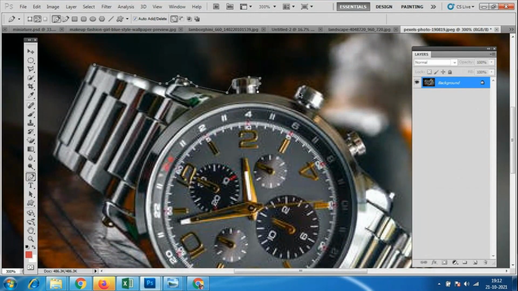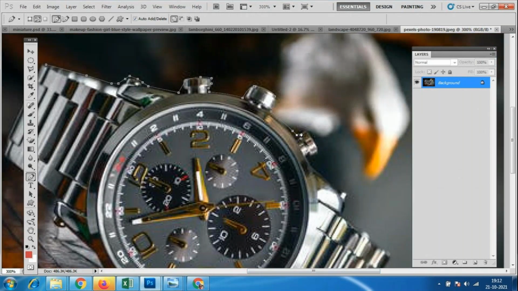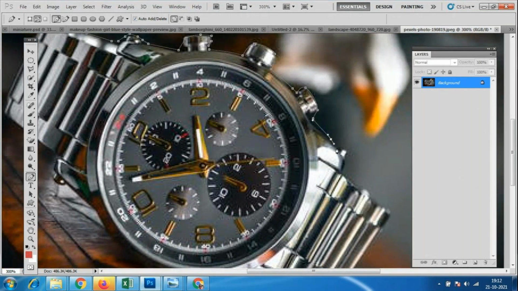Because if one part is missing, nobody will buy those products. So look at these small things, which we are not able to do with this polygonal tool. The small keys, we have to select slowly. Like this, we have to do 200 images per day.